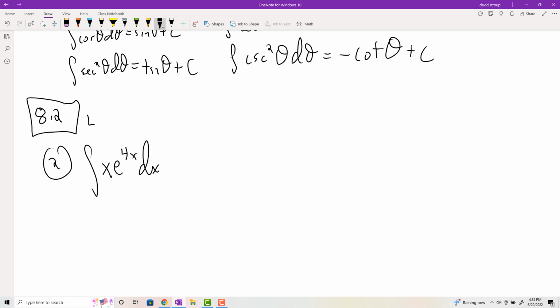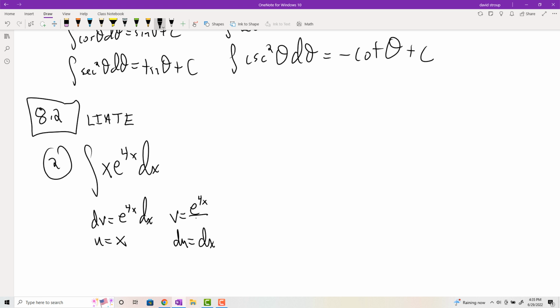So we had this acronym LIATE, which was log, inverse trig, algebraic, trig, and then exponentials. So for us, the u part is going to be the algebraic, because that comes first in LIATE. And then the dv will be e to the 4x dx, just everything left. So du will just be 1 dx, so I just write dx. And then v will be the integral of e to the 4x, so that would be e to the 4x